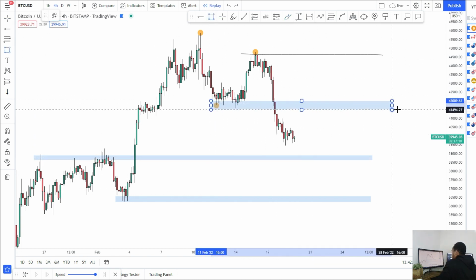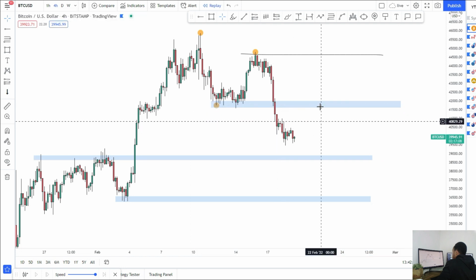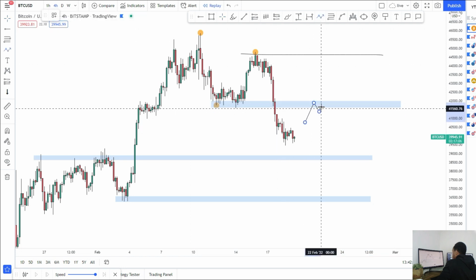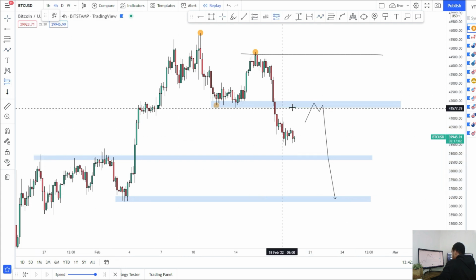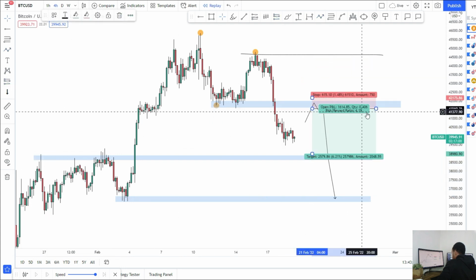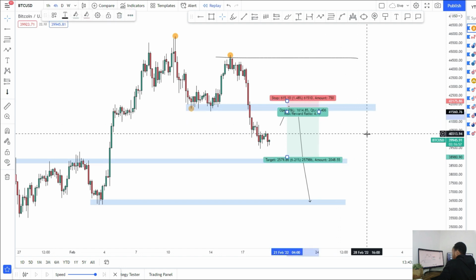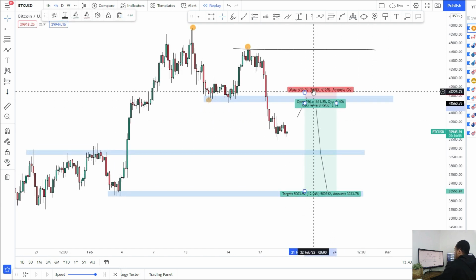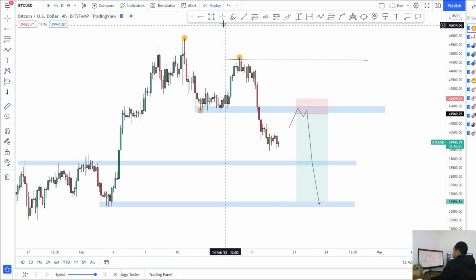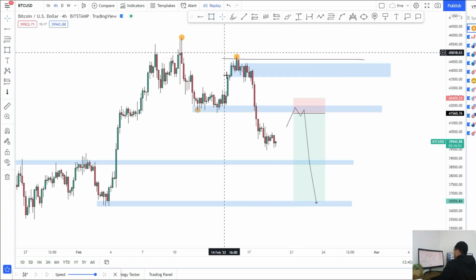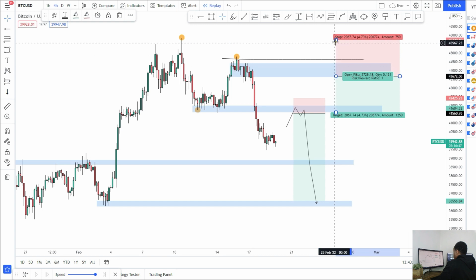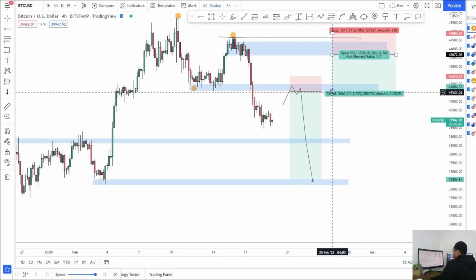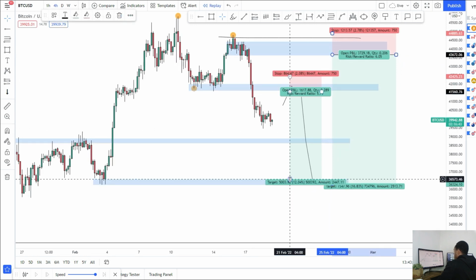Two areas I'm focusing on, which is this support, which we didn't get the retest on, so looking to see if this will hold as resistance first, and then second target. So we'll be looking at something like that. Again, you can drop it to hourly or whatever time frame you're looking to trade it. Or a second area I'm looking at, which is generally this area here, that resistance there. Again, looking for sells at that area, next lower high or equal highs,